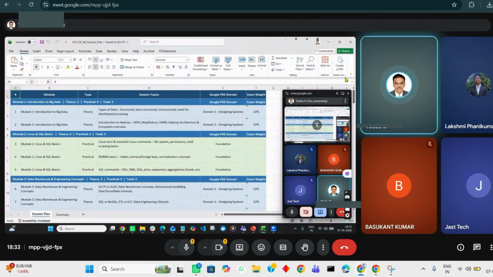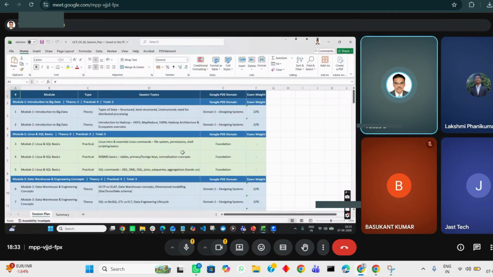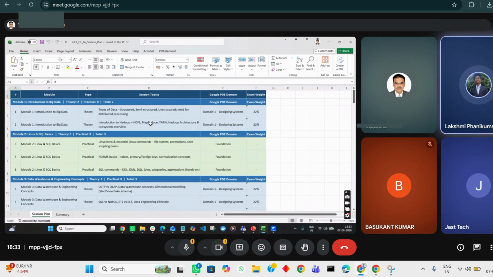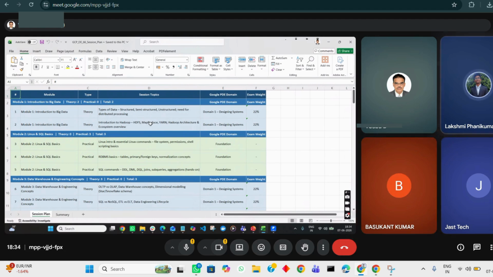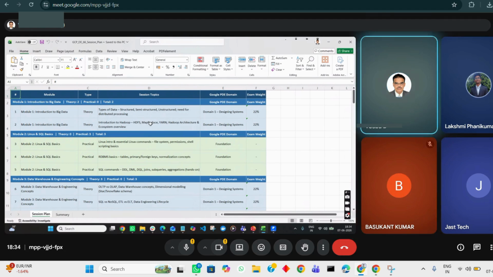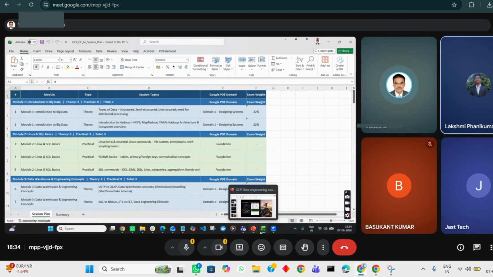This is the document, I think you might have got it from somebody. Have you got this, how we have planned the sessions and all? Anyway, I will share it again with you. I can see the screen, but I didn't get any information about this. You can open the brochure that I shared with you. On top of the brochure, I have added a few modules for your exam preparation also.